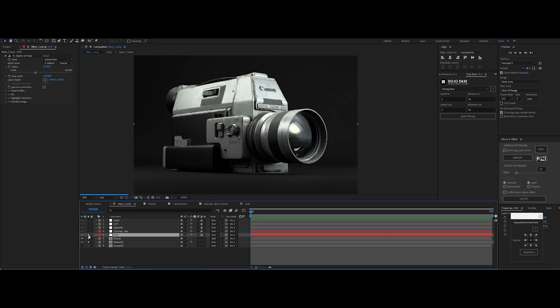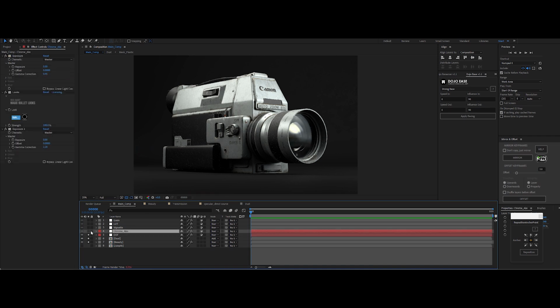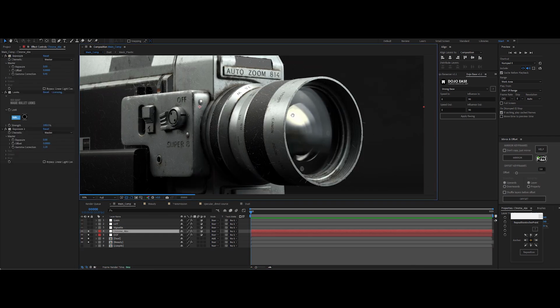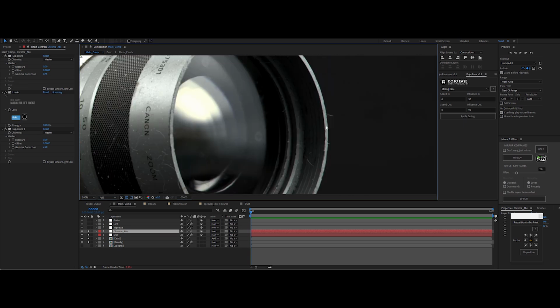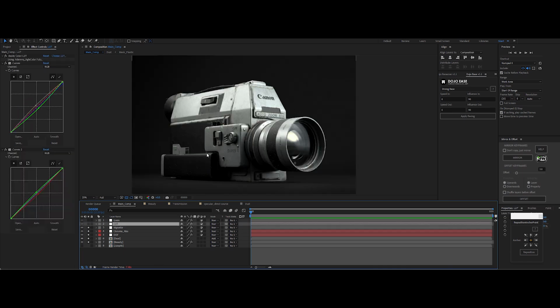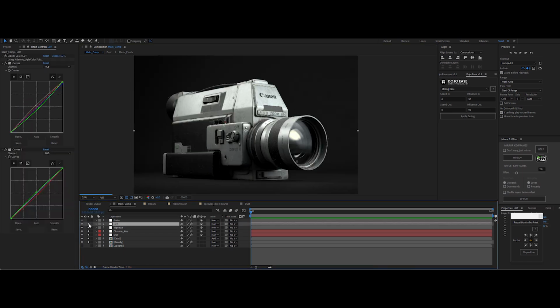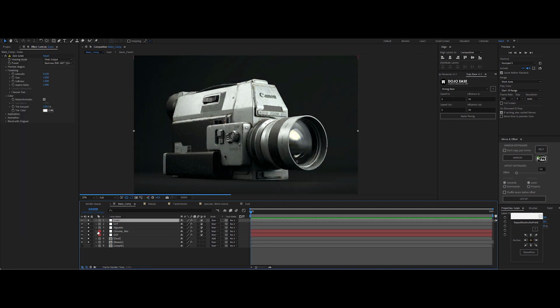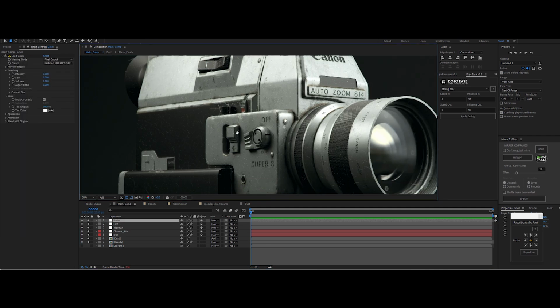Then came the cinematic touches. Depth of field for that creamy focus. Chromatic aberration, just a whisper of it, because too much ruins the vibe. A vignette to pull the viewer's eye to the center. A lot of grade for that cinematic vintage Kodak film look. Added a subtle green tint to seal the deal. And finally grain on top to make it feel authentic and polished.